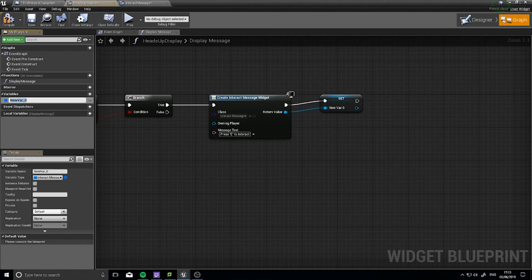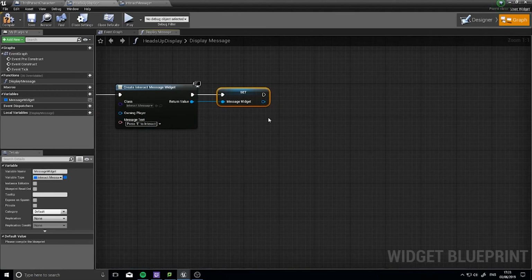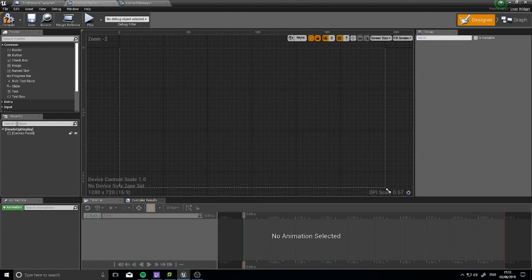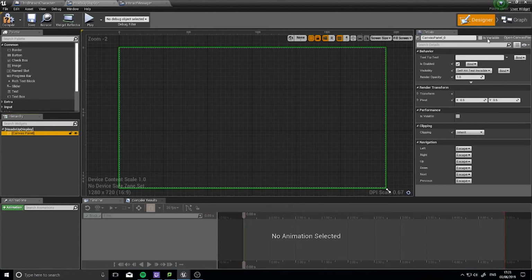Yeah, normal variable. Call it message widget. And I want now to add this to the canvas so you can see it on the screen. So go back to your designer, click on your canvas panel, and you will go up to the top right where it says is variable. Tick this, and I'm going to change this to HUD canvas,